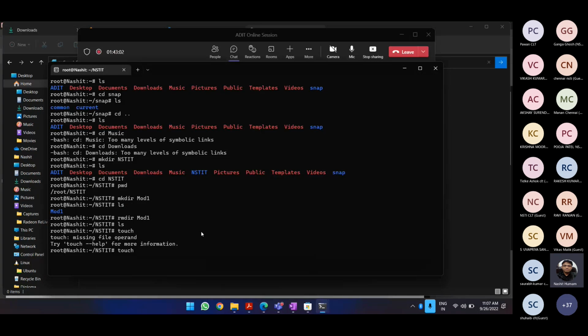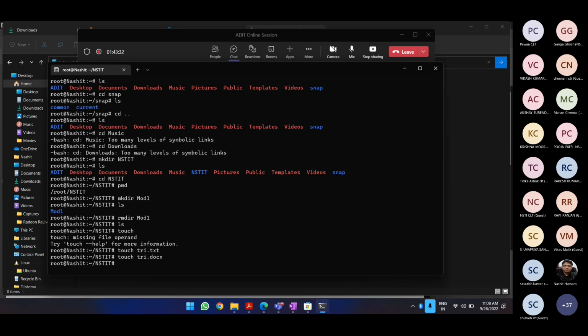What I need to do is create a file, and let me call it try.txt. It will create the kind of file that I tell it to create. Now let me create another one, .docx.